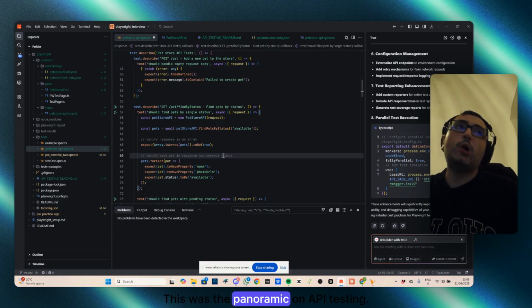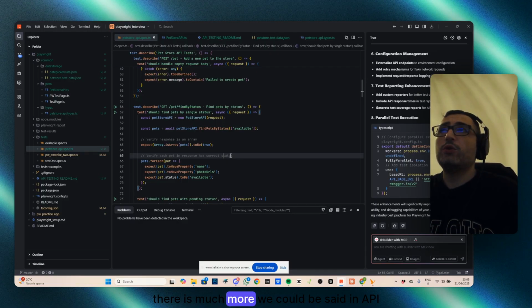That's it. This was the panoramic on API testing. There is much more that could be said in API testing, but this was a bit of an introduction I wanted